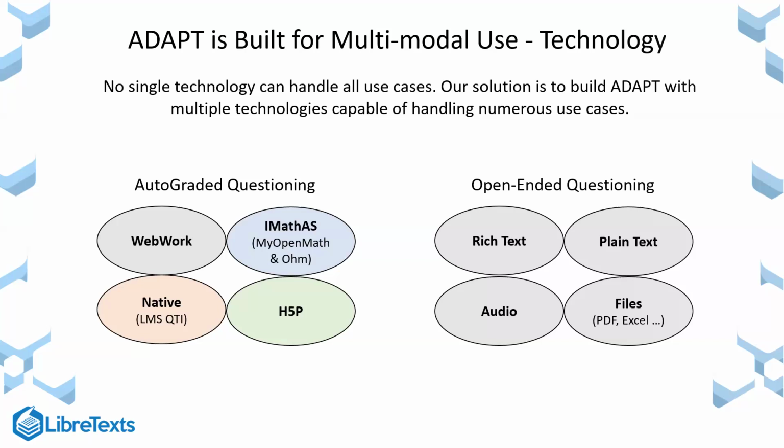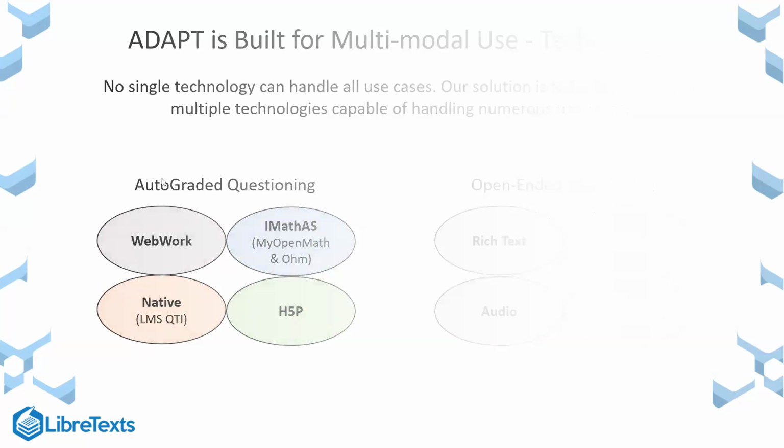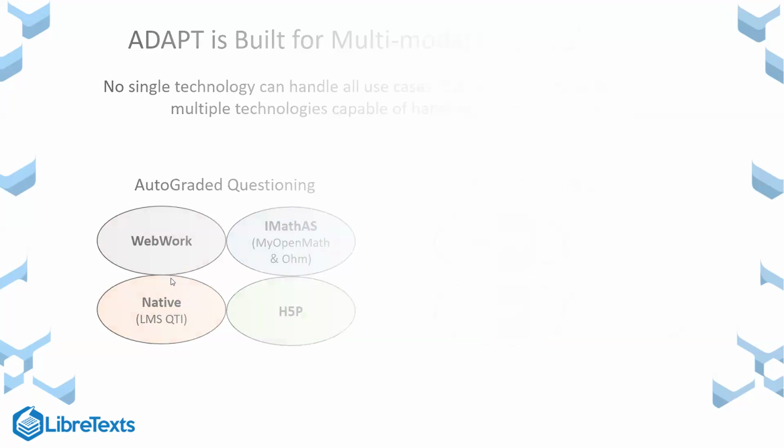So the underlying infrastructure for a homework system has multiple modules. If you take WebWork, it has a technology around building of questions. It has a library of hosting those questions. It has a searcher in order to find those questions. It has a delivery mechanism. It has a checker mechanism. It has a grade book, and there's a learning management interface. Now, if you took iMath AS or its versions in MyOpenMath or OHM and things like that, it has the same infrastructure.